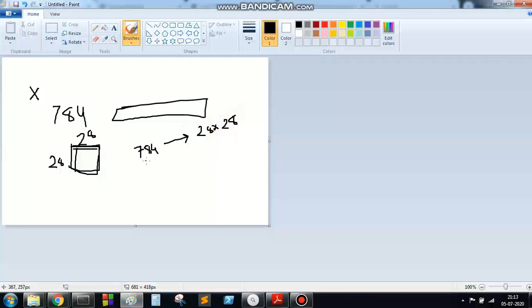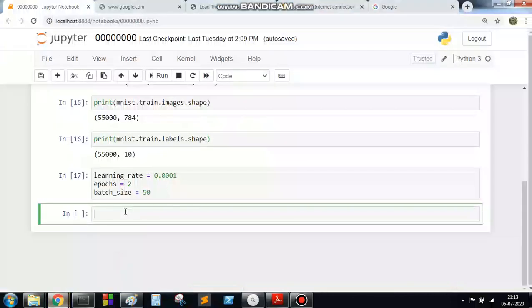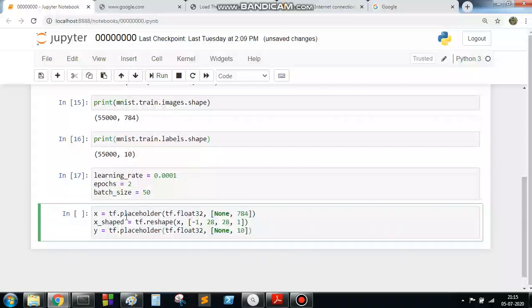We will create a filter and convolve this filter over the entire 28 cross 28 pixel image. To do this, we need to create a placeholder for x, that means your input, and for y, which is your label or output value.